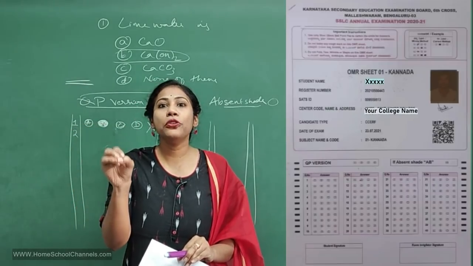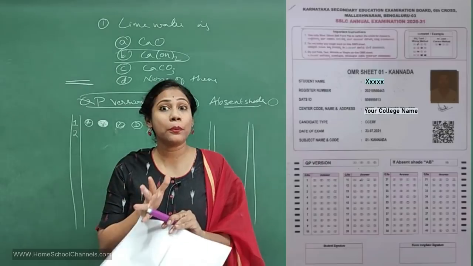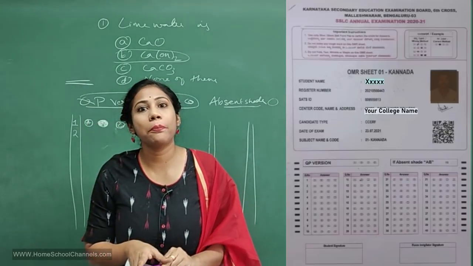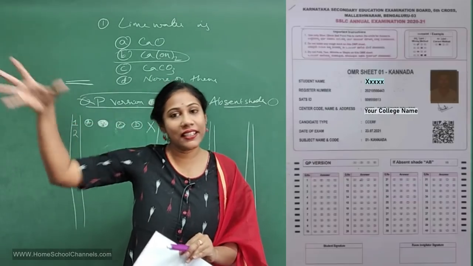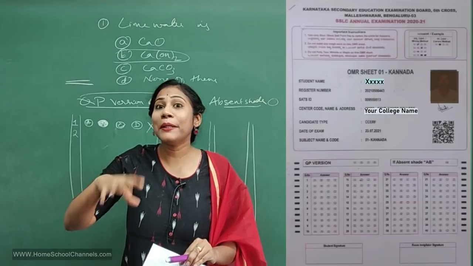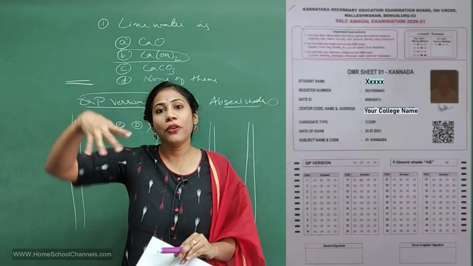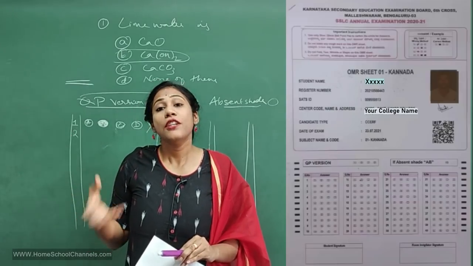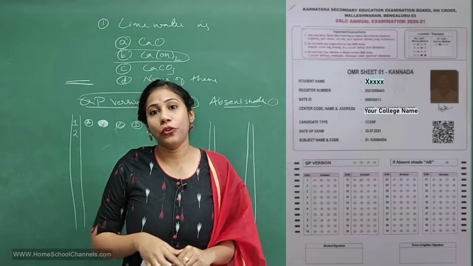So if you come to control and coordination, hormones' function is important, reflex actions are important, and the brain. See, they may not ask you to draw a diagram, that's not possible, but they may ask diagram based questions. Say you have different parts of the brain, each and every part has a certain function, so based on the function they may ask you, right?